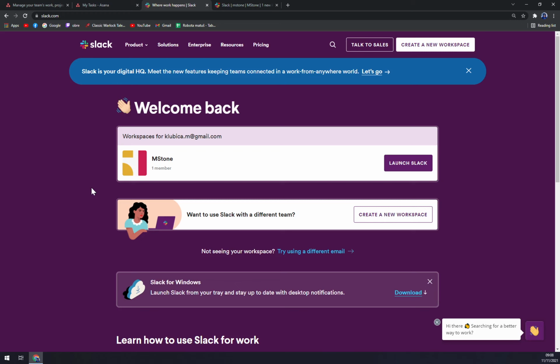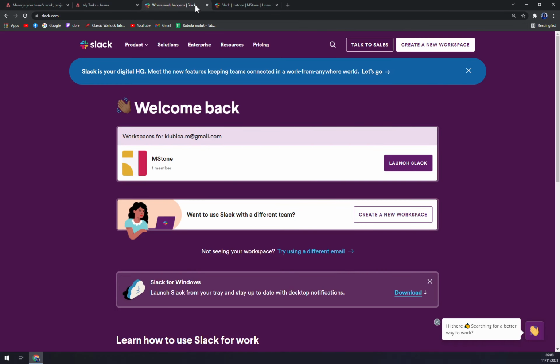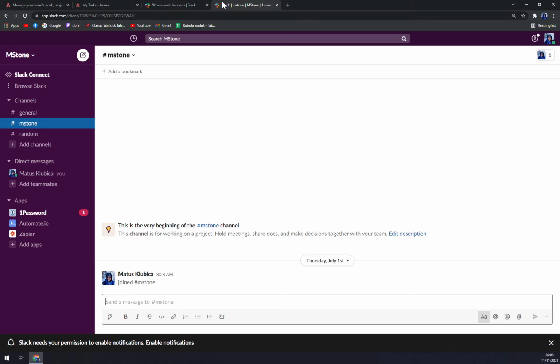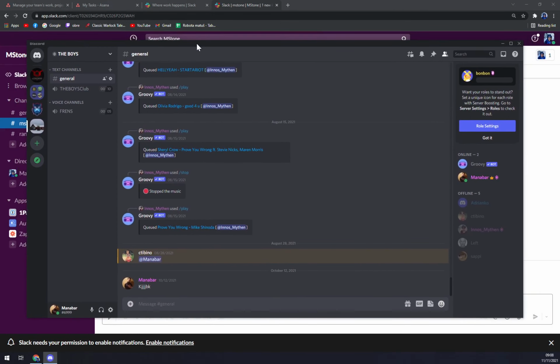A very common way to do this is to pay for an Asana subscription and then integrate it with Slack. As you can see in here, this is my room. You can basically start this one from scratch, and I have to say it's very similar to, let's see, Discord in here.